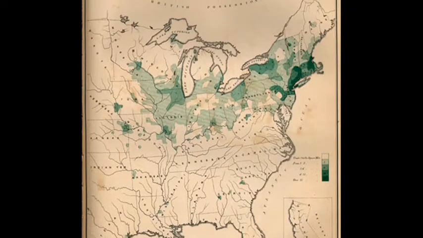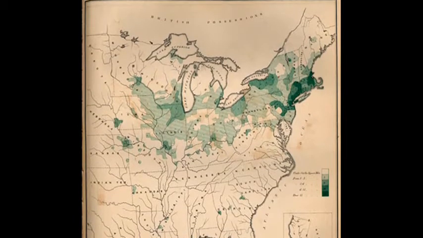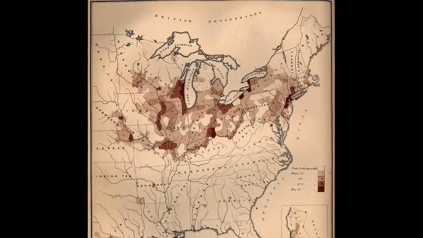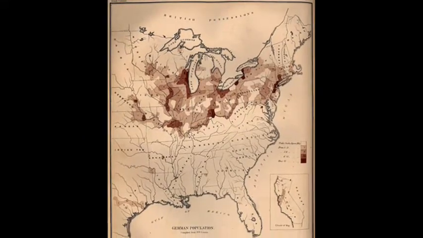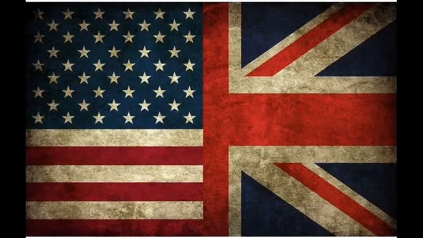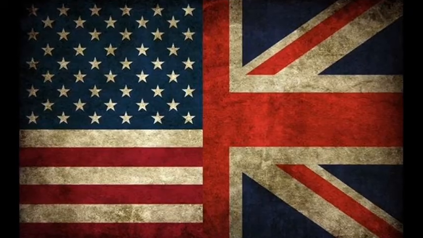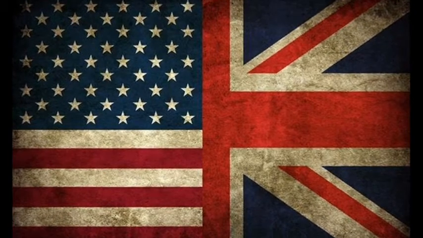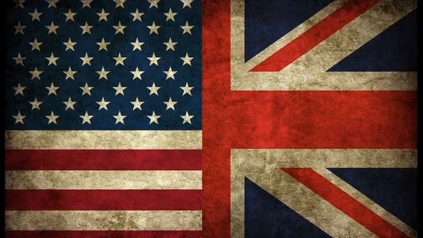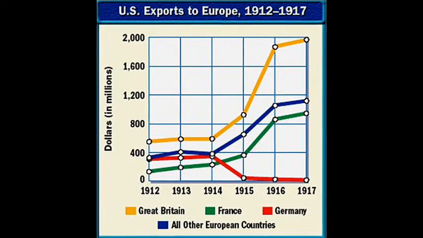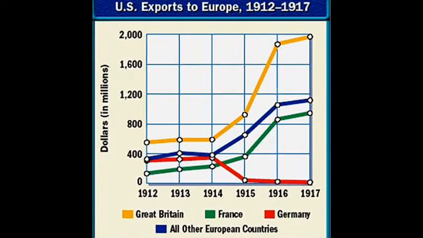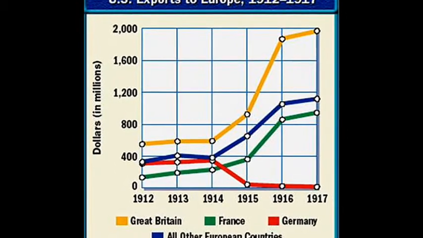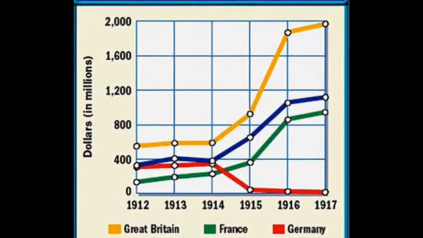Large numbers of Irish Americans sympathised with Britain's enemies, along with millions of people of German and Central European descent. Conversely, America itself shared the British language, and the majority of Americans were more likely to support the Western Allies. America's neutrality allowed it to trade with both sides in the early stages of the war, and Wilson even protested